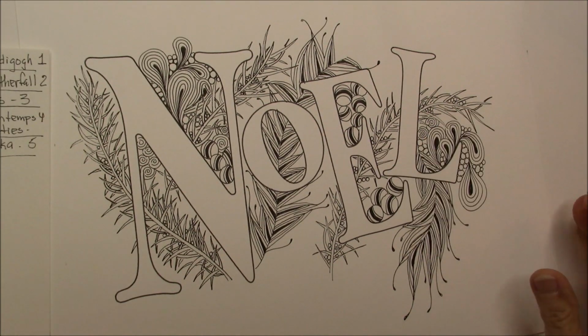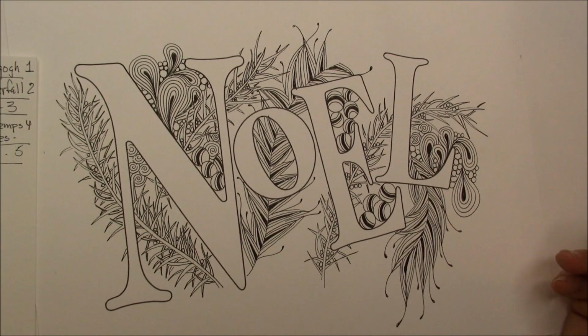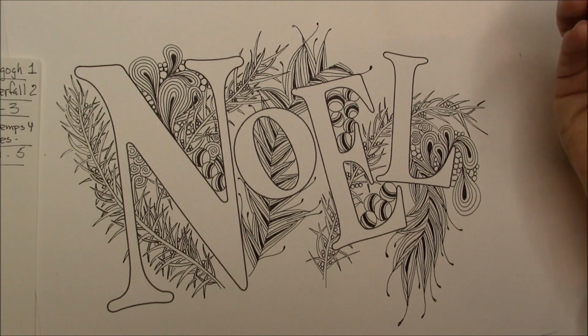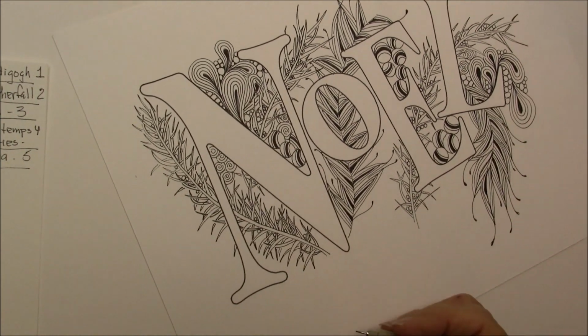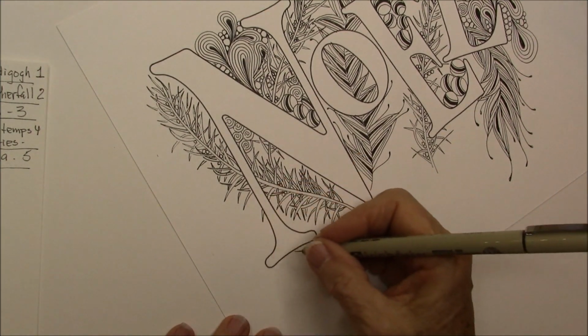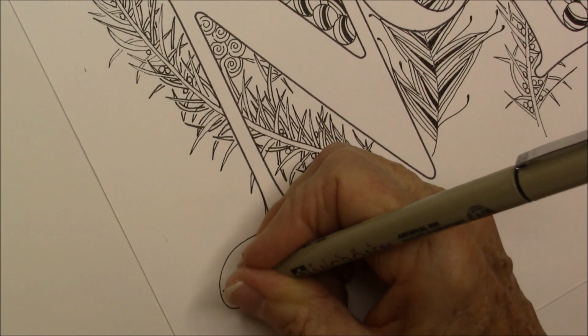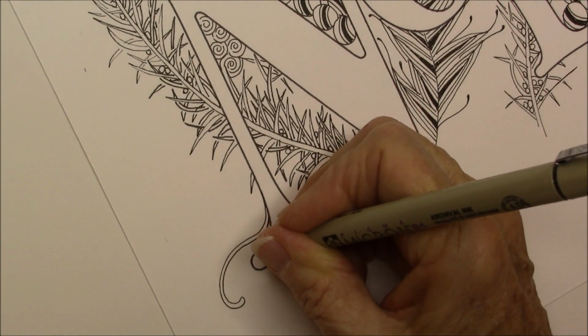And we're working on our Noel, and as I was thinking about what I was going to do next, I thought, oh, if I didn't do Mooka, it wouldn't be one of my drawings. So we've got to put a Mooka in here. So I think I'm going to come right down here at the bottom, and we'll put in some Mooka. A little Mooka tentacles